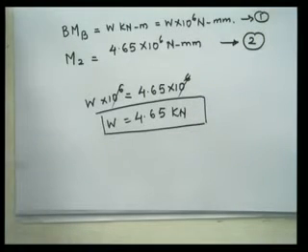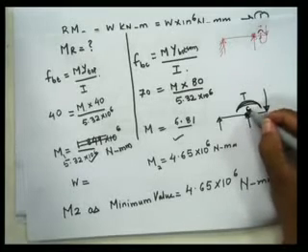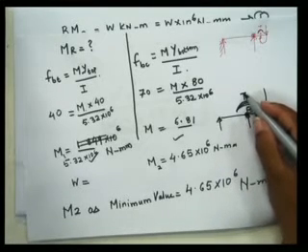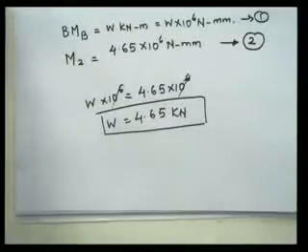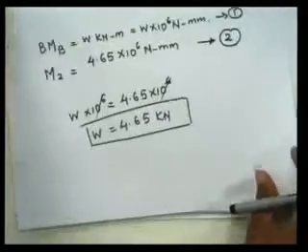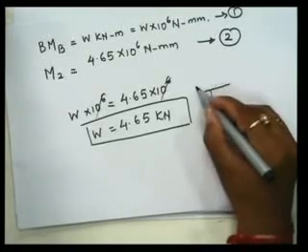think whether it is hogging or sagging. Depending upon that, we have to take the values of the y bar, right? And all these things are important to understand, because at this point, the bending moment is hogging, so tension at top. So now if I want to draw a bending stress diagram for this, it is in this particular way,